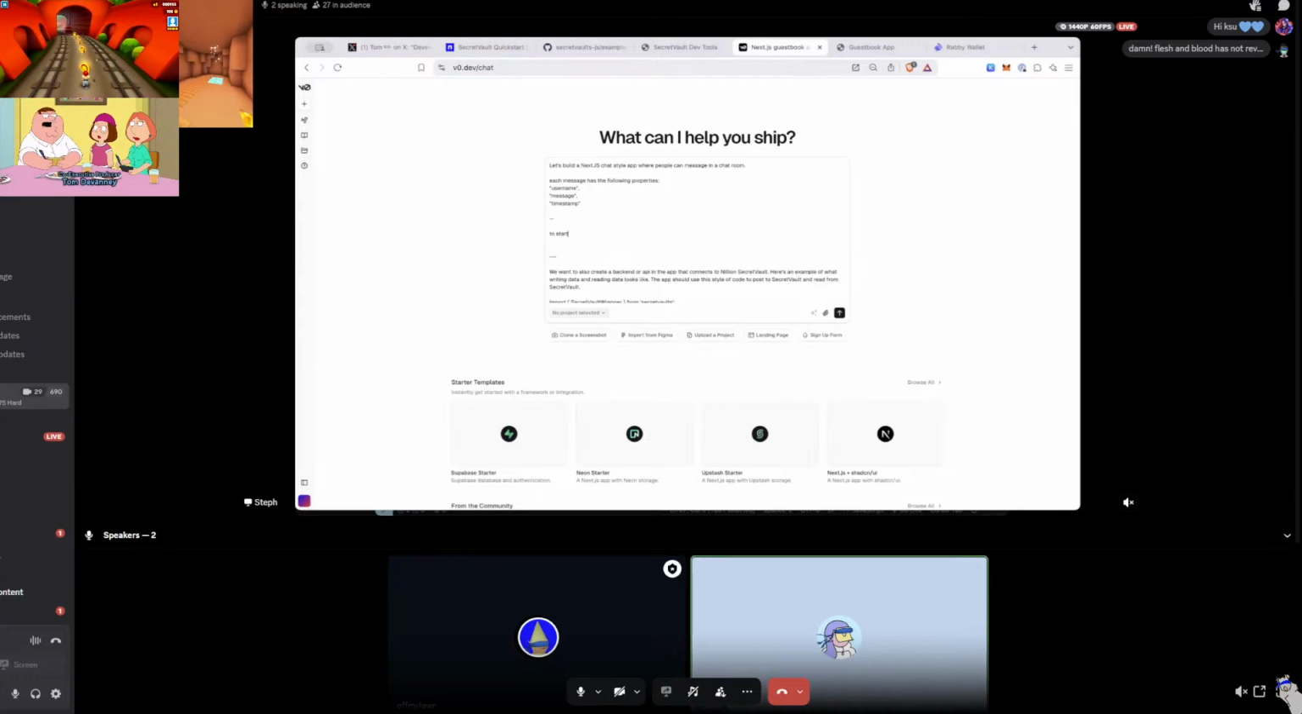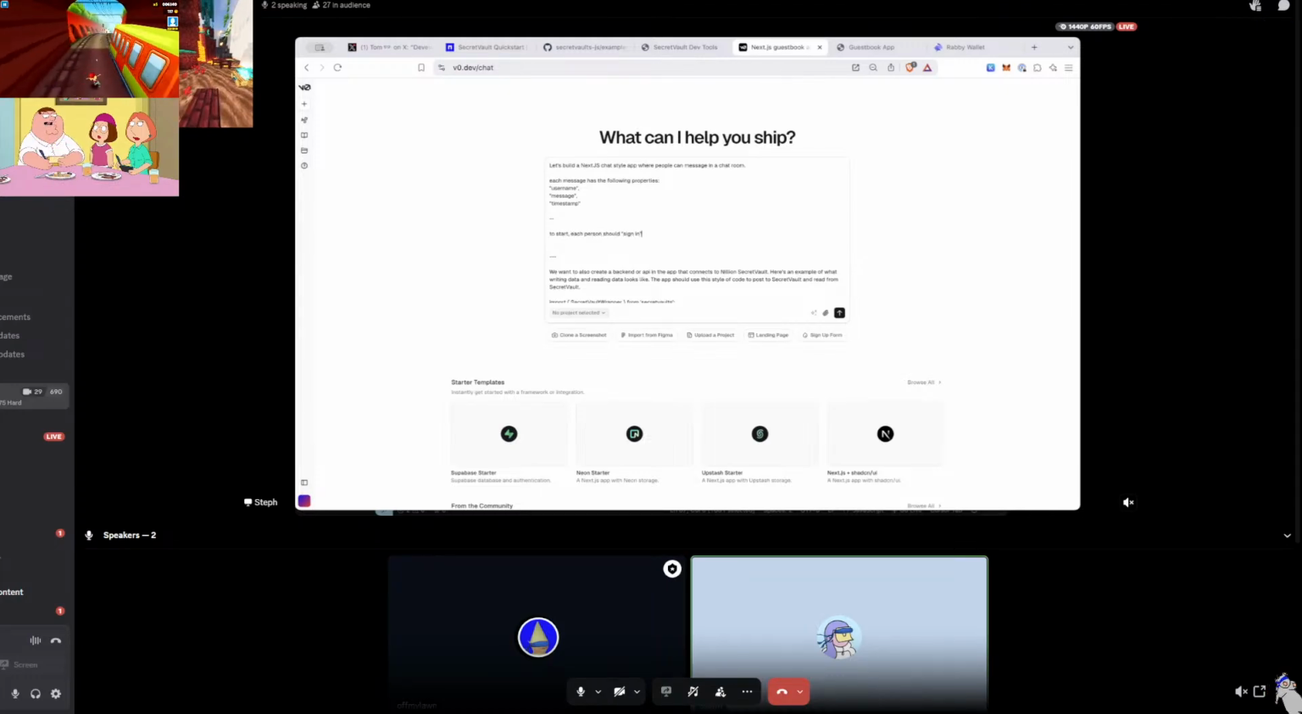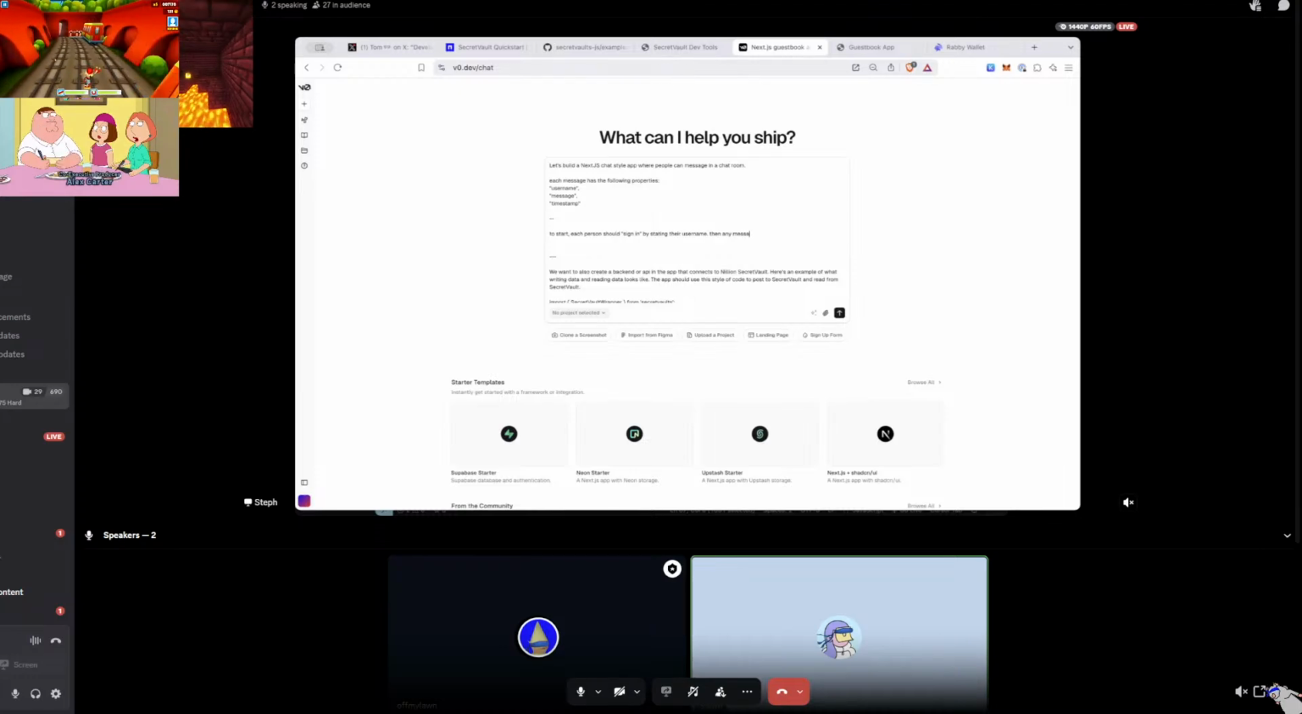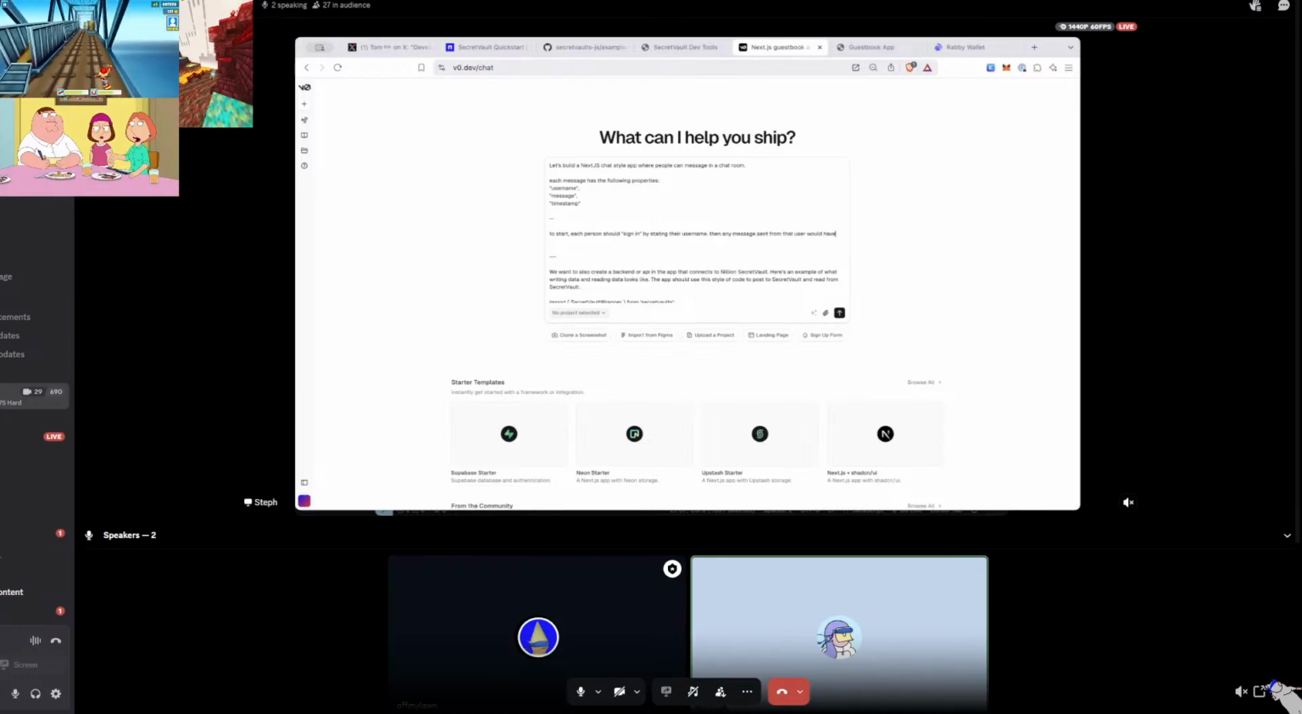But I think we might need to give it a little bit more about the user experience. So to start, each person should sign in by stating their username, then any message sent by that user would have